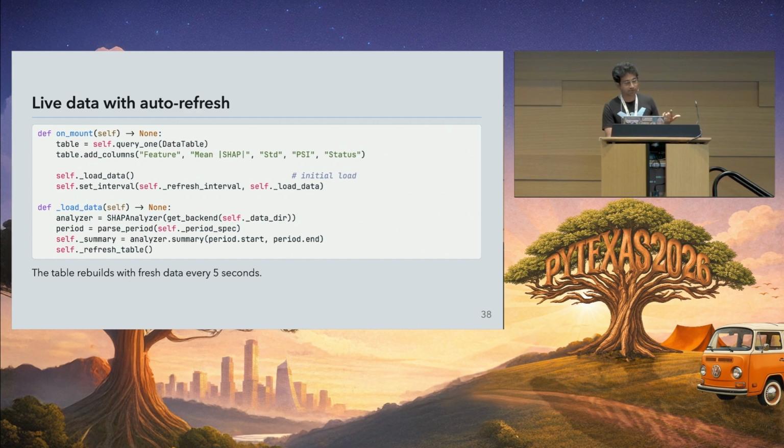Every 5 seconds, Textual loads the data again on the main event loop. It also gives you key bindings, like R for refresh, Q to quit, and all of that, and you can define those as well. So you define how you want the experience to be. You can also filter by typing.